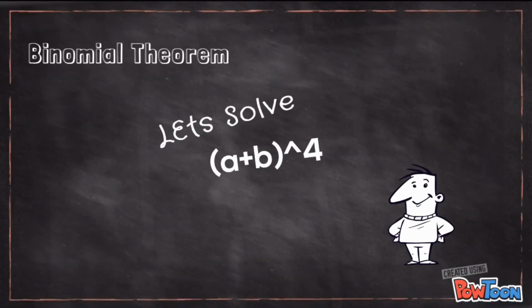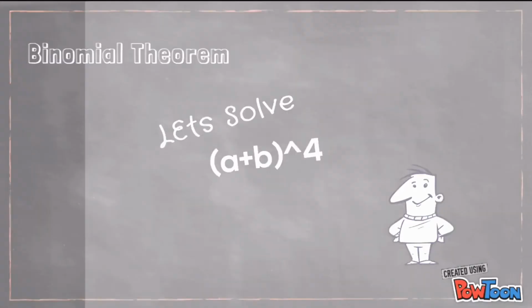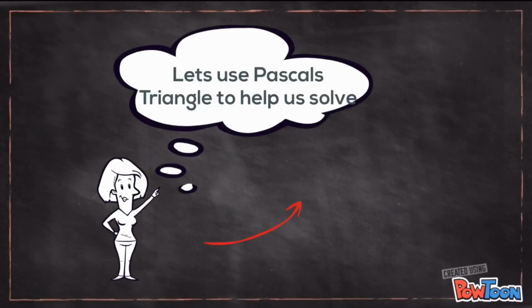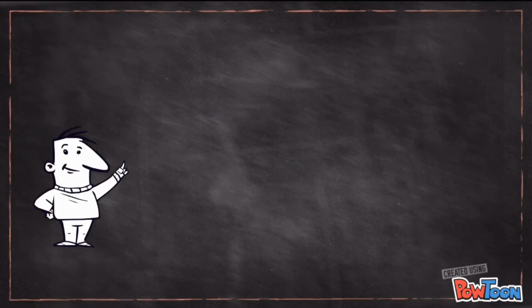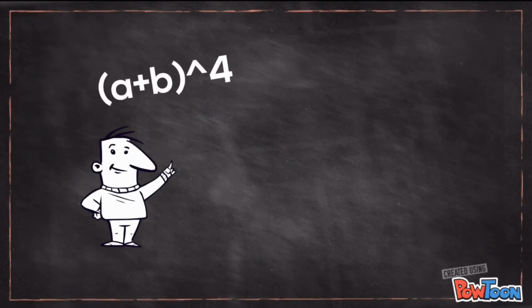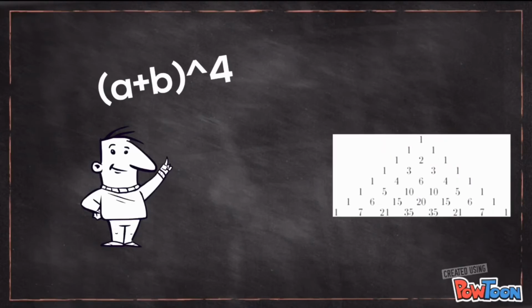Using the binomial theorem, let's try and solve a plus b raised to the fourth power. But first, what is the Pascal's triangle? Basically, it is a pattern where you start with 1 at the top, then continue placing numbers below it in a triangular pattern. Each number is the sum of the numbers directly above it. As we can see, the exponent of the expression is 4. So with the corresponding value, we count down the pyramid by 1, thus we get 1, 4, 6, 4, 1,